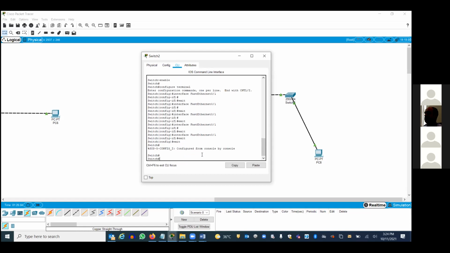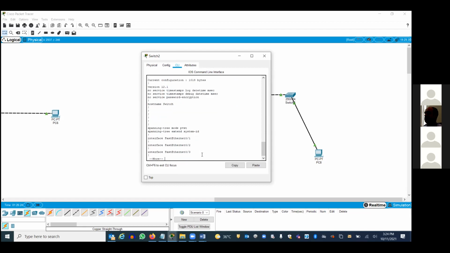We connected a switch using a console cable and we logged into the switch, right? Show running configuration, for example. I've shown all of you how to connect using the console cable. You remember?